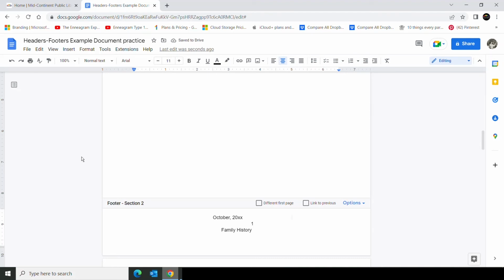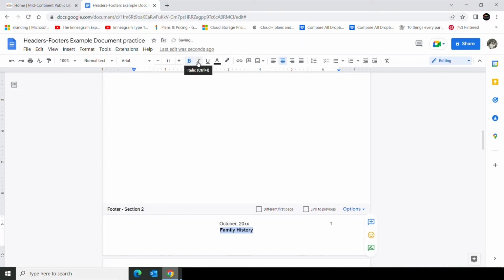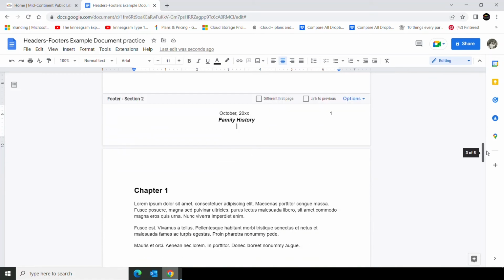I think I'm going to just kind of undo a couple things here and let my October 2000 whatever be centered on the same line as my page 1 and be happy with that, and be really happy that at least I have the title of my document here. Maybe make that bold and italics and maybe even a little bit larger just to make it kind of stand out. And now as I come down,